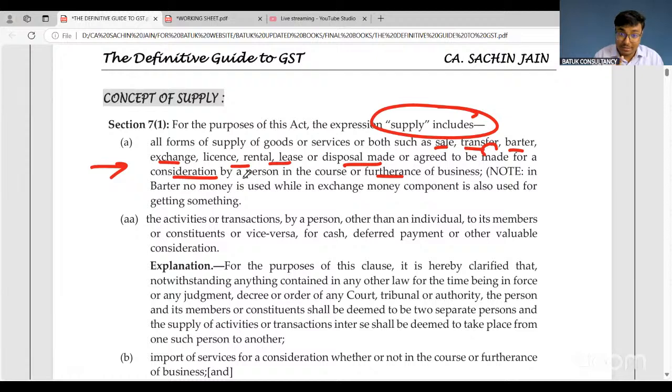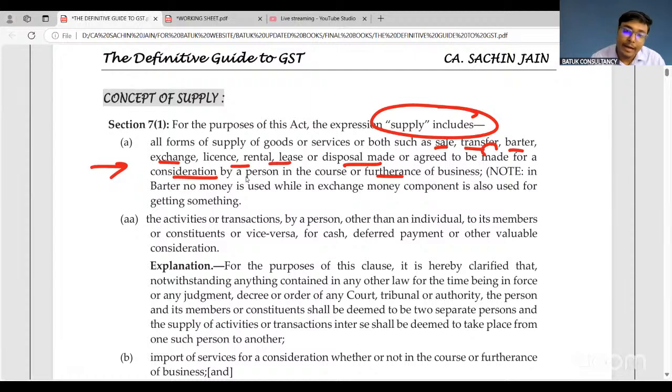But yes, every decision will be based on our presentation. If I'm not going to prove that thing in front of the departmental authority, then they may include the same in my liability. And that is what we need to learn from this particular session, this particular course as well, that how we are supposed to present the things.